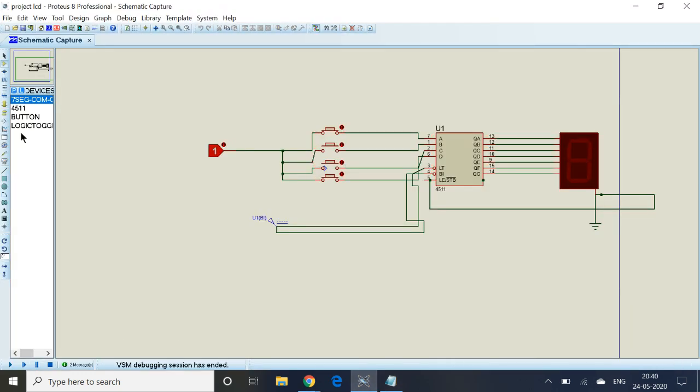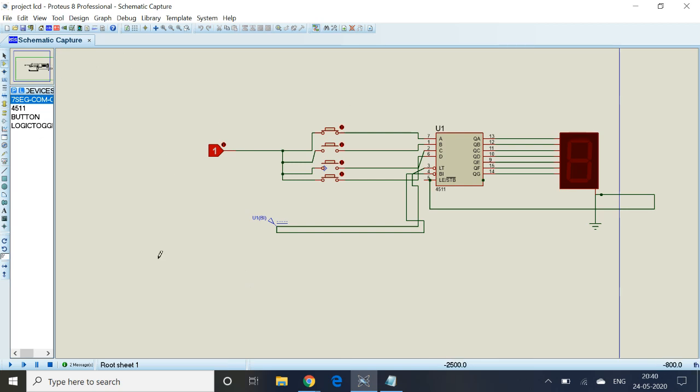So this is the circuit which I made on Proteus. You can also go through a beginner's video that is uploaded here.